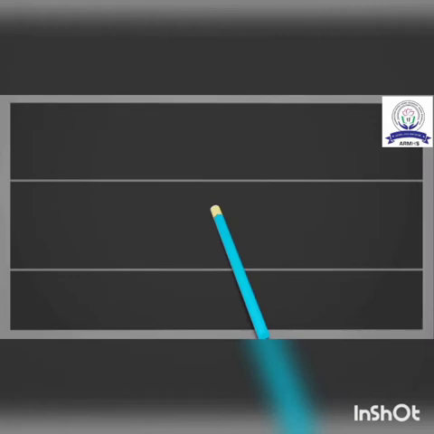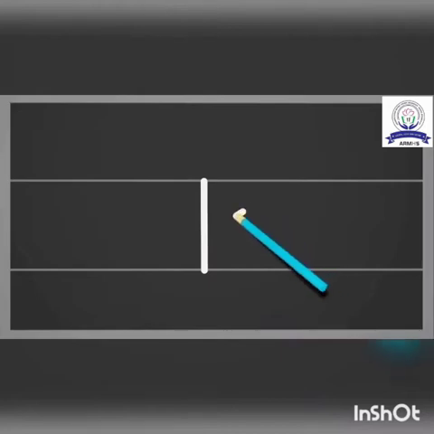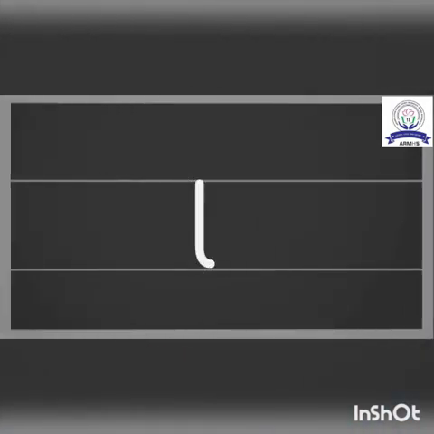Start from the top and make a standing line to the bottom. Next, from the middle, make a downward slanting line to the left. Then make a downward slanting line to the right. Small k. Next letter small l. Start from the top and draw a standing line. Touch the bottom with a little curl at the bottom.